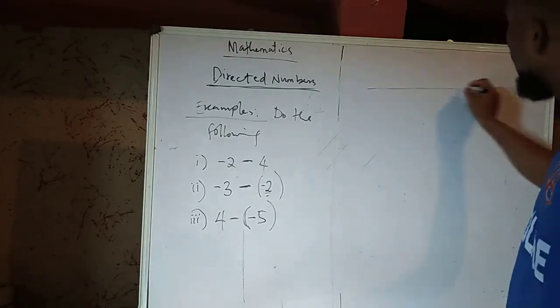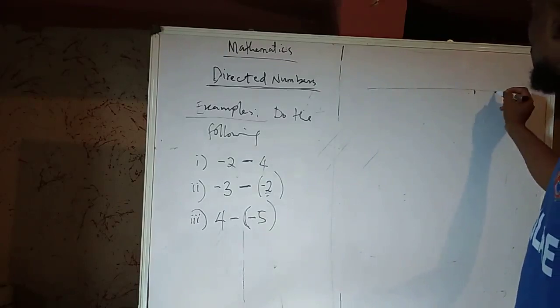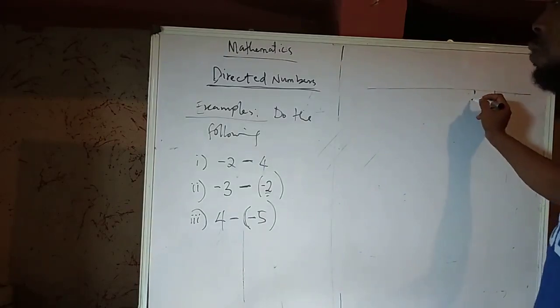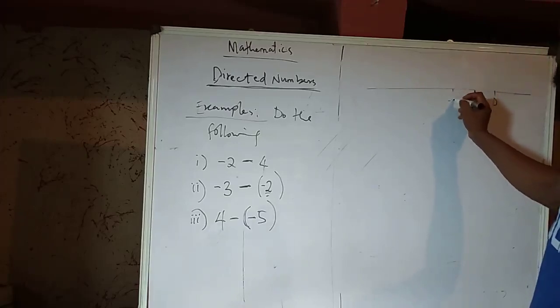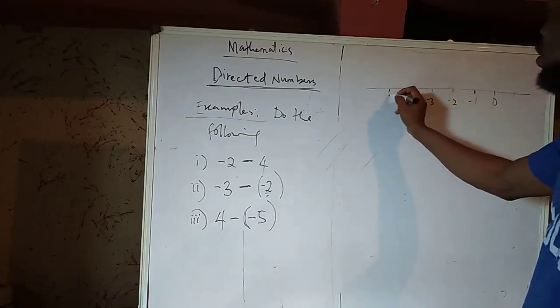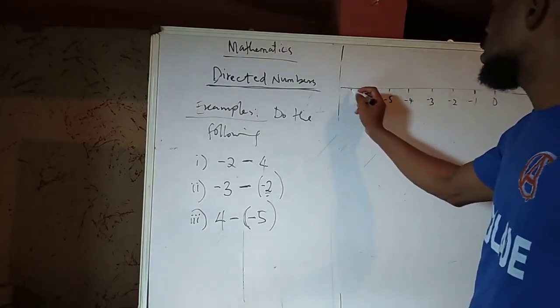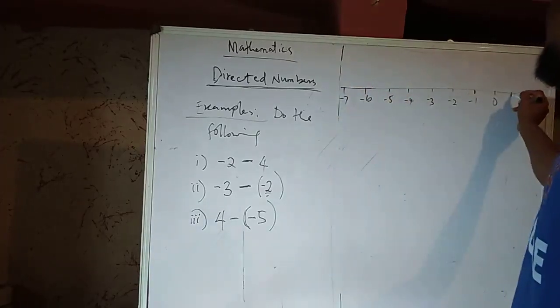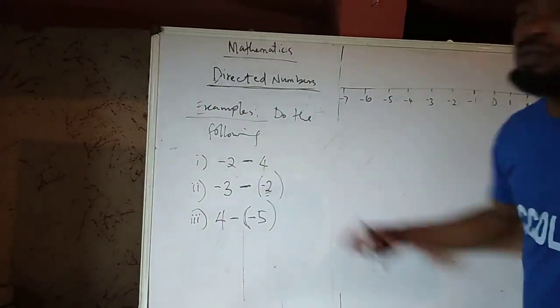All you just need to do is go to the number line. Let me take my 0 here because I'm going to do much of negative. So I have minus 1, minus 2, minus 3, minus 4, minus 5, minus 6, minus 7. From minus 2, I am